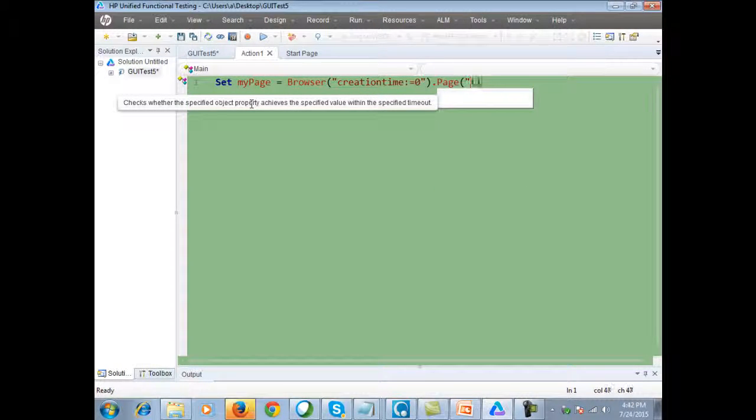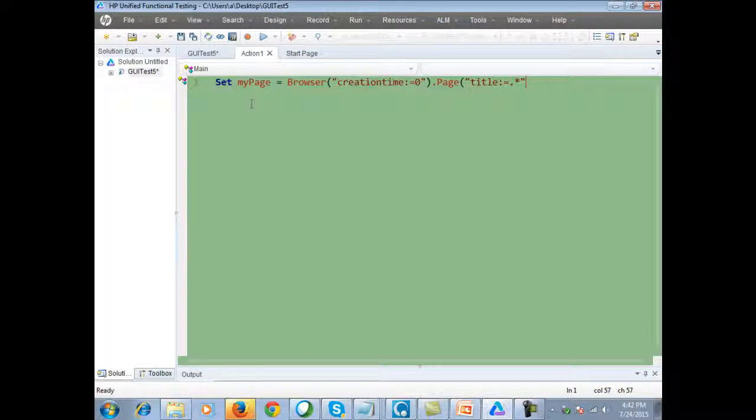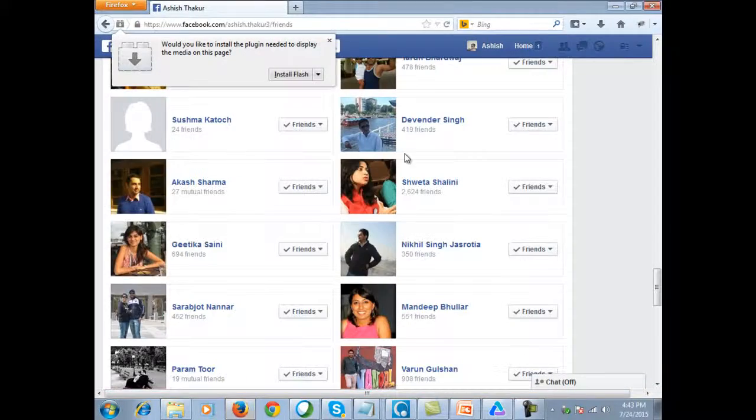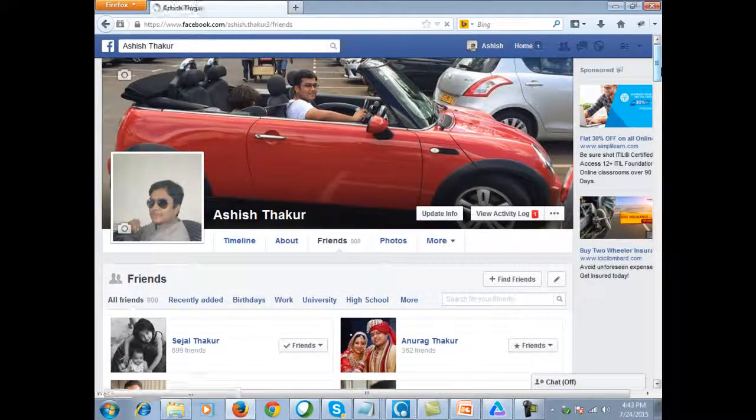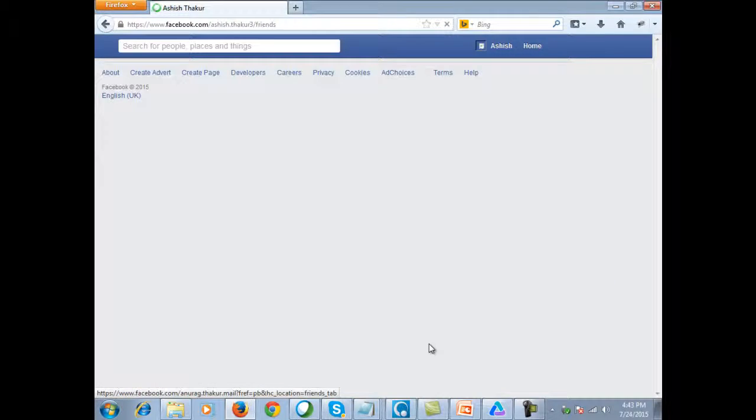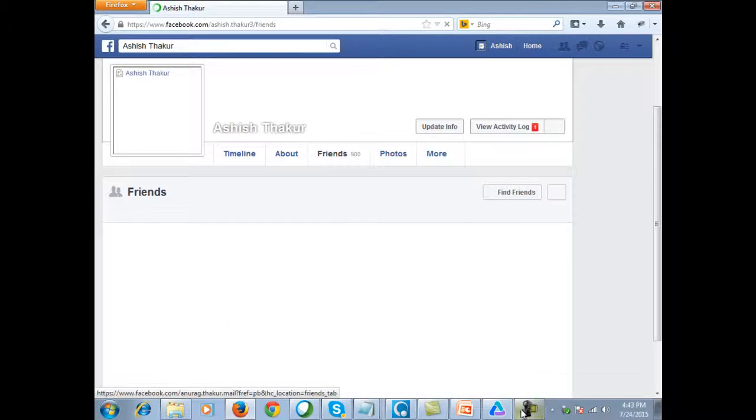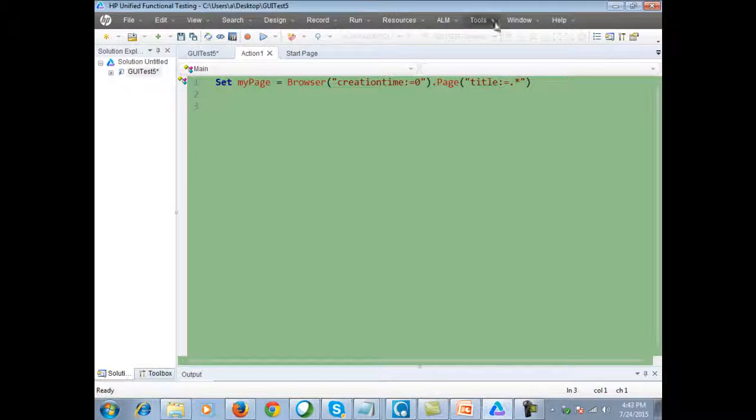I've explained these things in the previous sessions. Page equals to dot star, so you have the page object. Fine. And now I'll have to find a common property between all the friend names which are listed on this page, so that I can extract them in one go. Alright, so if I use the object spy,